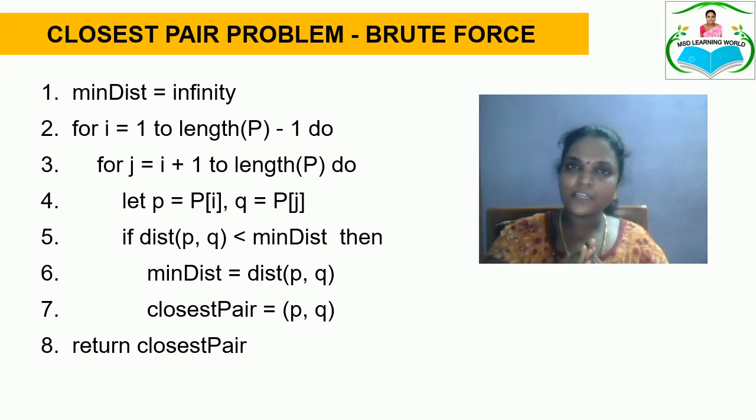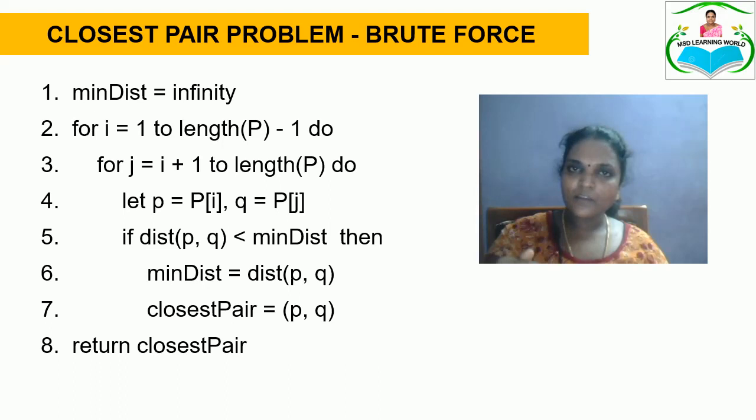So what it normally does is take the first point. The brute force method assumes only this type of methodology. It will take the first point and calculate the distance from the first point to all the other remaining n minus 1 points. Similarly, it will take the second point now. From the second point, it will find the distance to all the other n minus 2 points present in the n space. Then again it will take the third point. From the third point, it will find the distance to the remaining points.